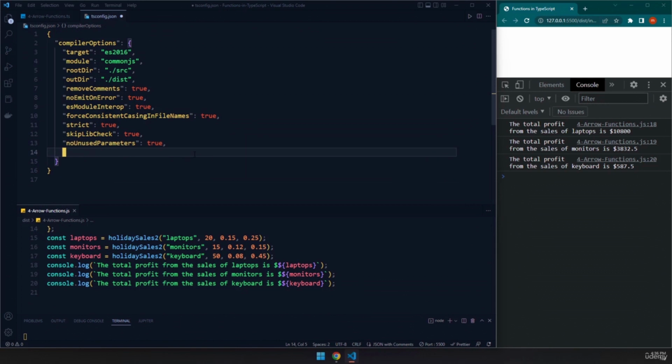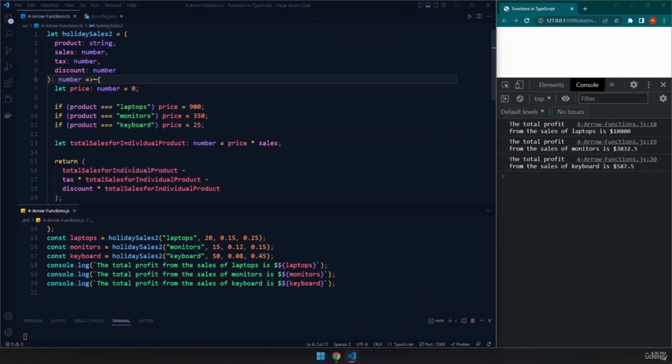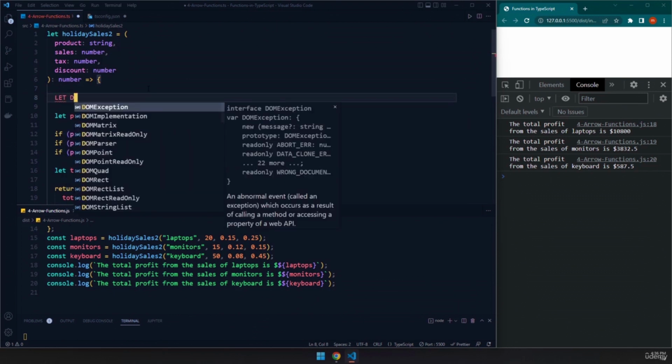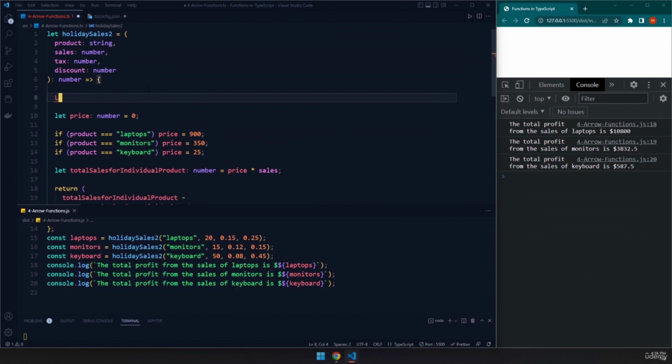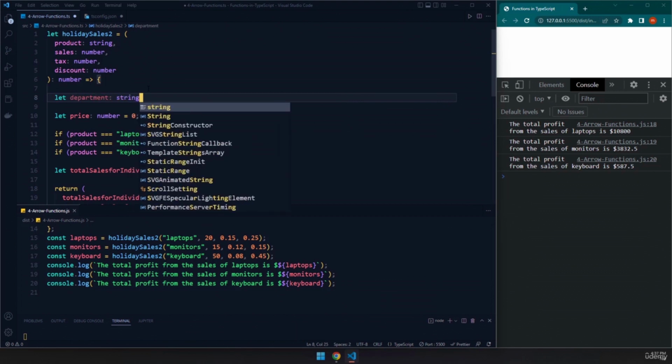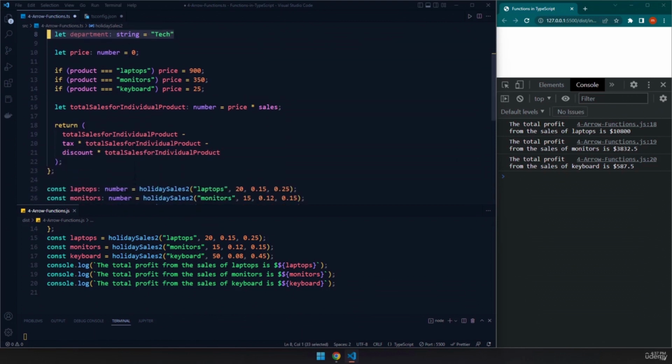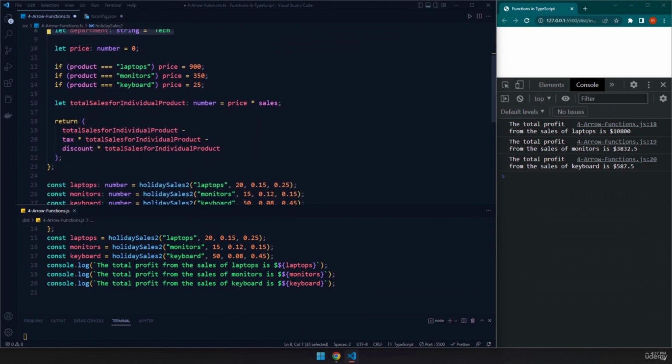And that is, for example, let's say we have, remember that department? Let's say we want to specify specifically that the department, why is it uppercase? Let department or DPT or department that has a type of string, we are going to set it to tech, whatever, to tech. Now we have this variable that we have not used anywhere, and maybe this function is like a little